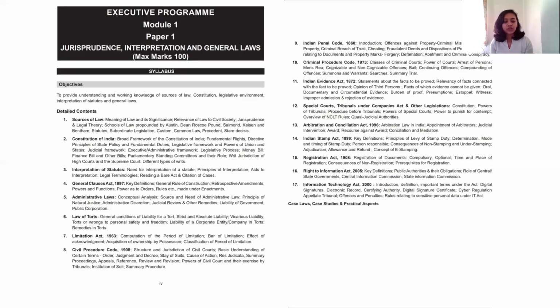Now, coming back to chapter number 7, I missed out this chapter earlier because I wanted to approach it after finishing the Indian Evidence Act. You'll notice that chapter number 7 is known as the Limitation Act of 1963. The reasoning behind this piece of legislation is very simple.